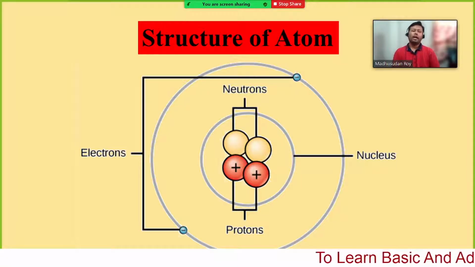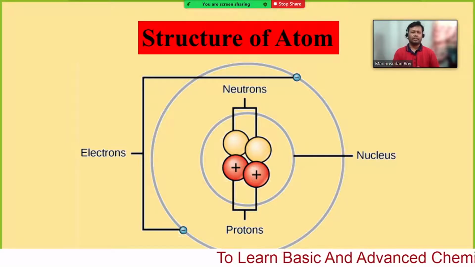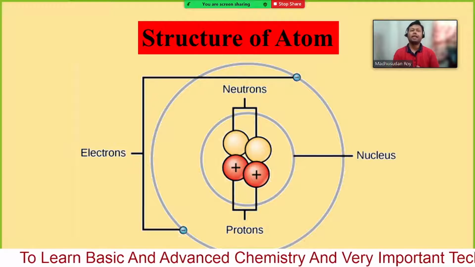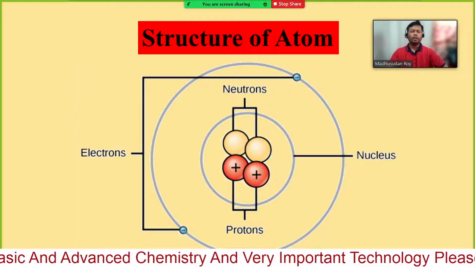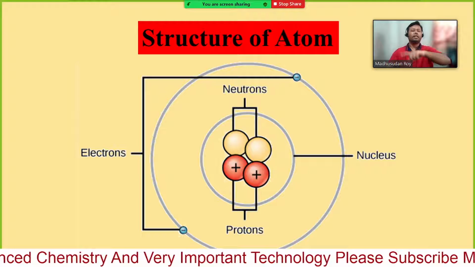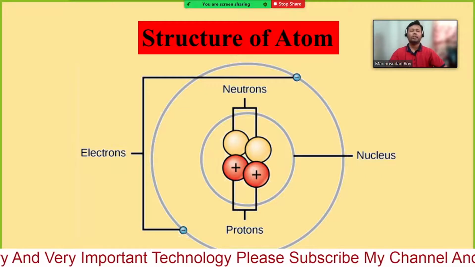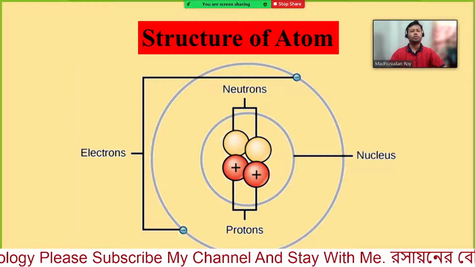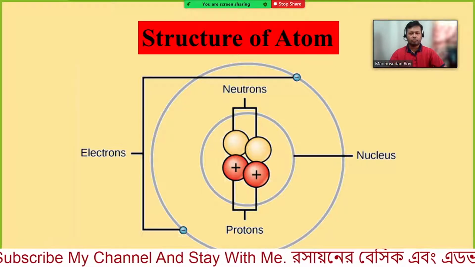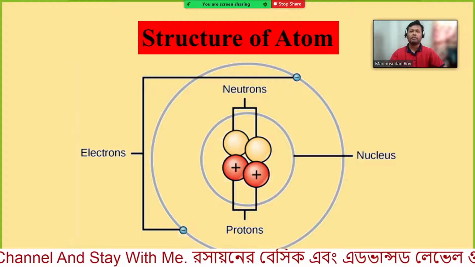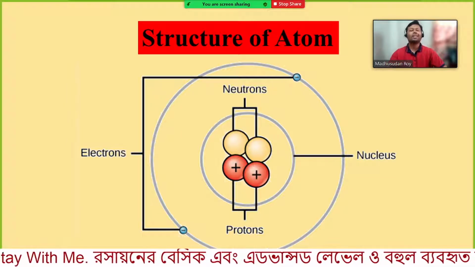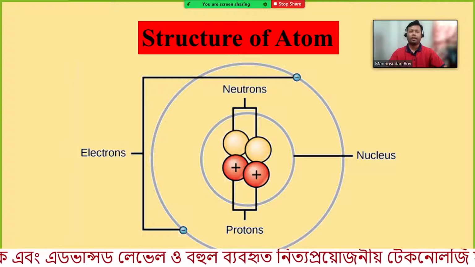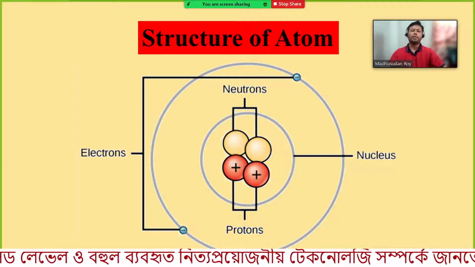We also know the nucleus. The nucleus means the neutrons and protons which exist at the center of the atom, and electrons exist surrounding the nucleus. Therefore today we will learn about how the electrons, protons and neutrons were discovered, what their charges and masses are, and how the scientists discovered these subatomic particles.